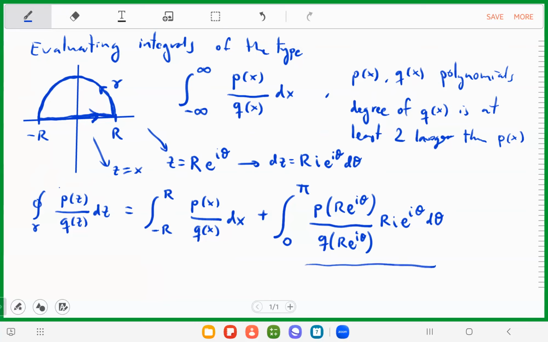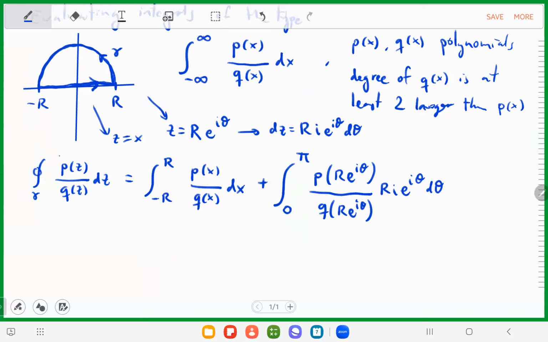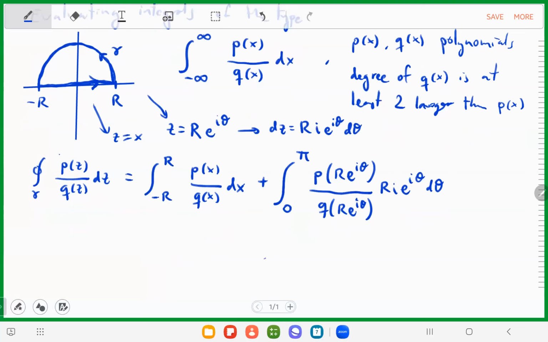So the thing that you have to notice is that, of course, e to the i theta is a complex number of modulus 1. No matter what the value of r is, e to the i theta will always have modulus 1. And also, you have to notice that if I have a polynomial,